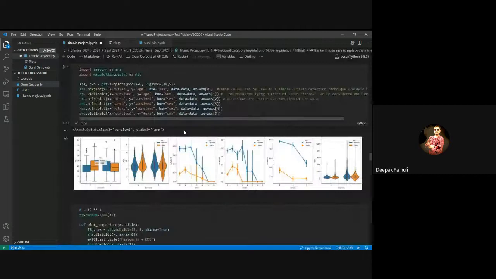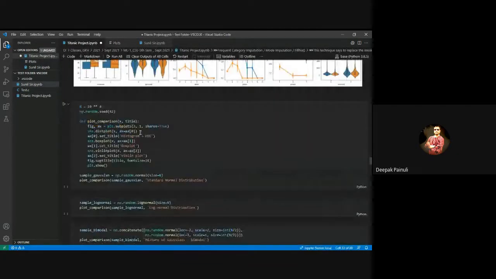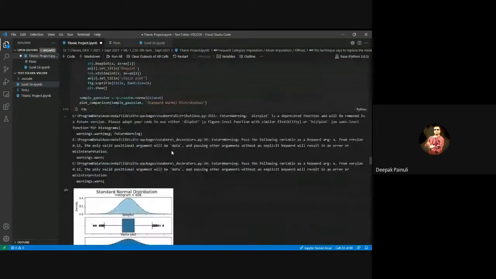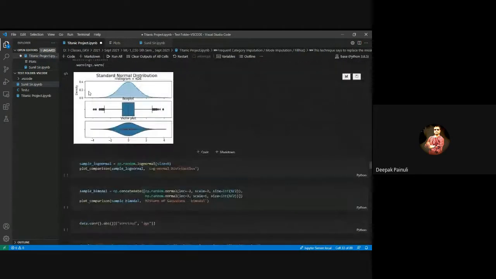If you want to compare those, let us see some graphs. If the data is like this, then your box plot will look like this and the violin plot will look like this.